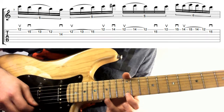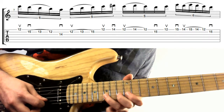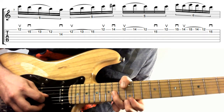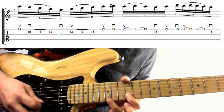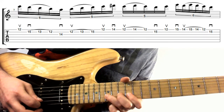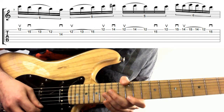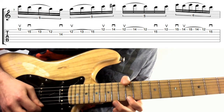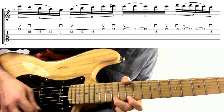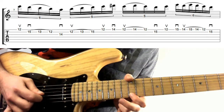So we start off with an upstroke on the 12 on the E, downstroke on the B, 15, pulling off to the 13 on the 12, downstroke on the 14th fret on the G by itself, then we've got upstroke on the 12 on the B, hammer onto the 13 and 15, then we get an upstroke again on the 12th fret on the high E, playing it down on the 14 on the high E, then we play an upstroke again on the 12th fret, hammer onto the 14, pull off